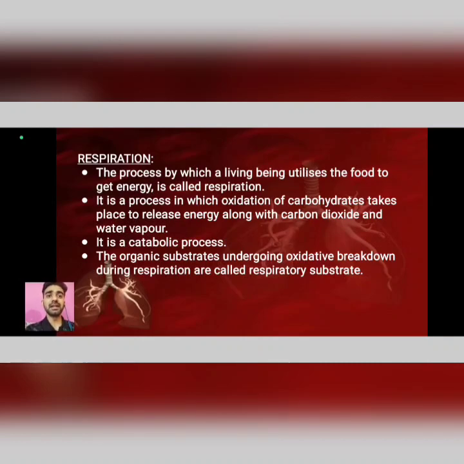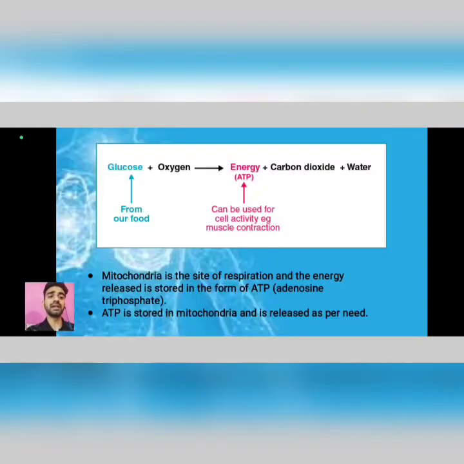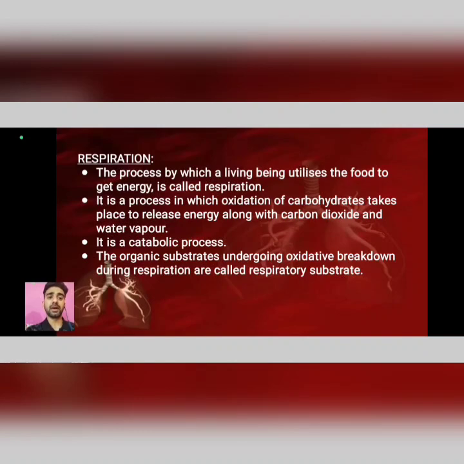So what happens in this case is the oxidation of carbohydrates, or oxidation of food which is taken by the tissue or cell, so that a sufficient amount of energy is released along with some byproducts like carbon dioxide and water. So it is exclusively a kind of catabolic process where the breakdown takes place, right? And this process takes place in the presence of oxygen in some organisms, but in some cases it takes place in the absence of oxygen. So we regard it as an oxidation of carbohydrates, right?